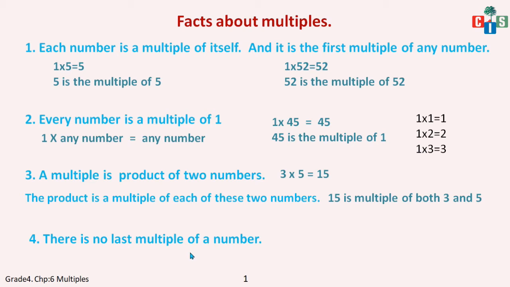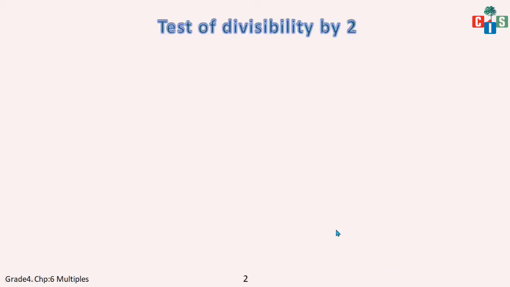As क्या बोला था मैम ने, याद है कि किसी भी नंबर का लास्ट मल्टीपल नहीं होता है, because the multiples are countless, endless. Okay, so because the number goes on 10, 20, 30, 40, 50. 10 का टेबल है ये. Okay, 10 का टेबल आप कहाँ तक लिखोगे? 100 तक, 1000 तक, मिलियंस तक, बिलियंस तक, क्रोर्स तक. So it is unlimited. Fine. So there is no last multiple of a number. Okay. Now moving on to the next topic, that is divisibility test by 2.